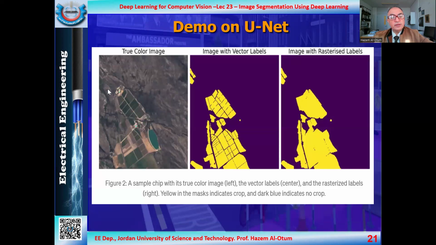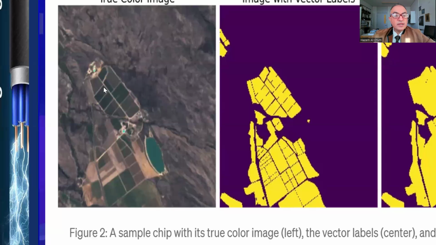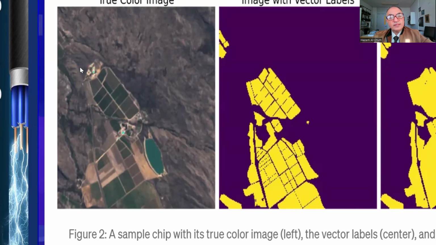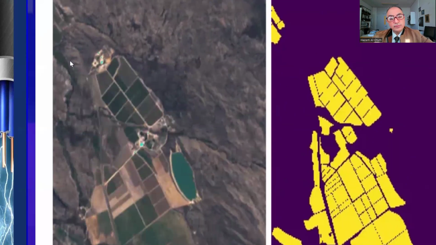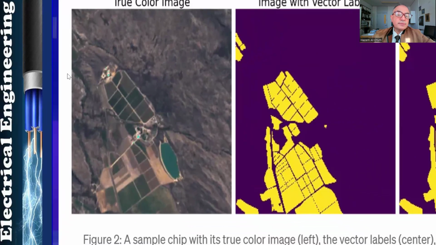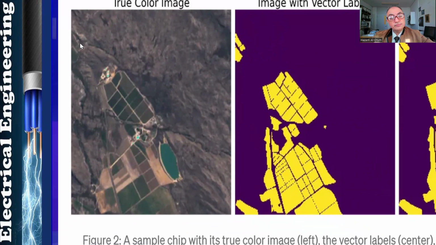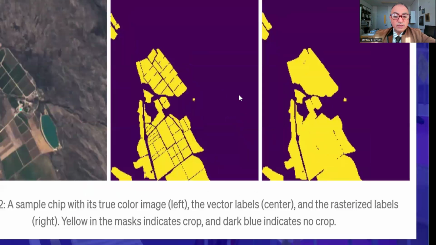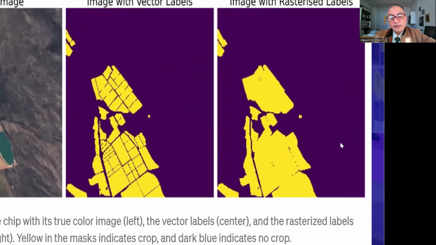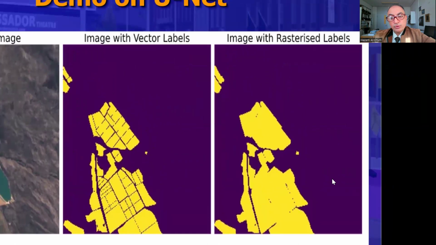Another application may be in satellite imaging or drone imaging. On the left-hand side, you can see that here we have areas of rocks, and some parts with plants and maybe vegetables or other products, agricultural products for sure. Now, if you look at the image in the center, you can see the vector labels. So these are the labels, and at the right-hand side we have the output obtained as a result of